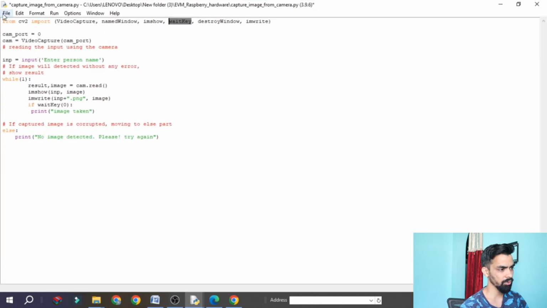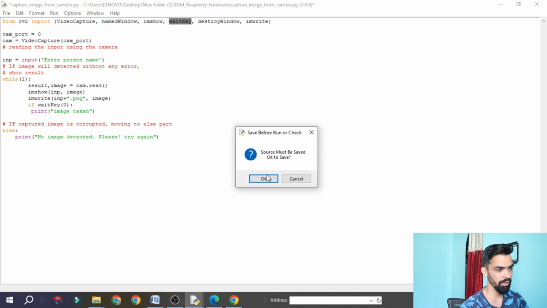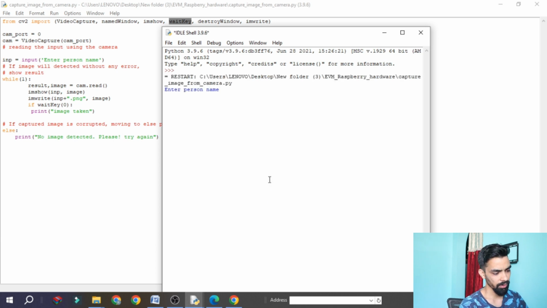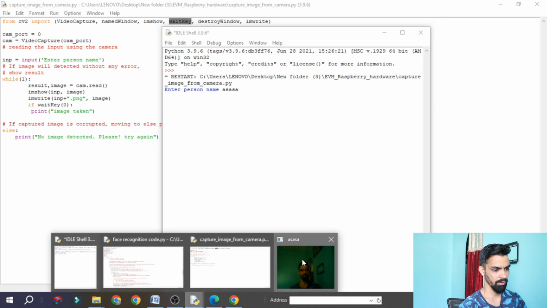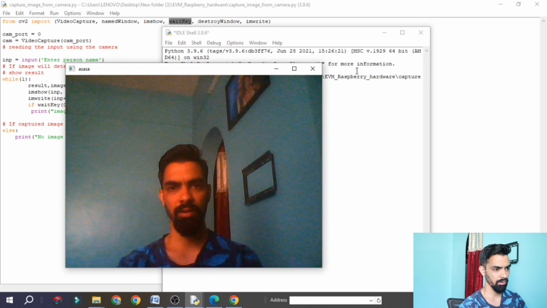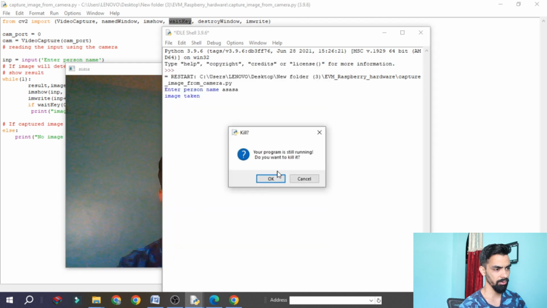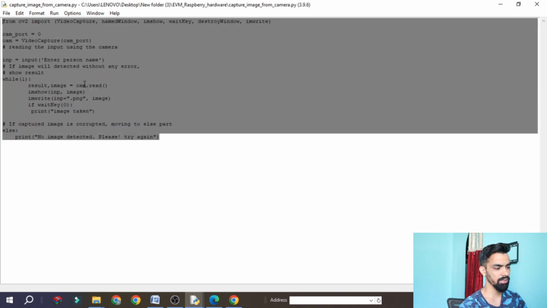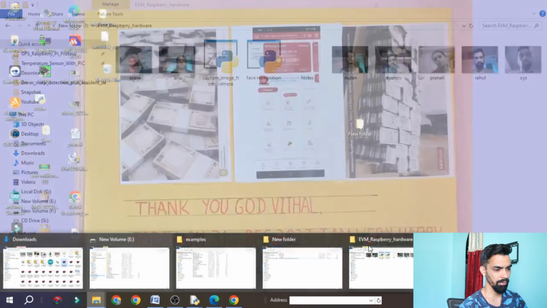Then you can run the project. Let's see, once we run the project, whether it gives any error or not. Okay, the program is working. Let's say any name, enter, and the camera is also opening. I capture my image and save. The image is taken and saved. So in this way you can easily solve this error, and you can see it in real time in front of you.